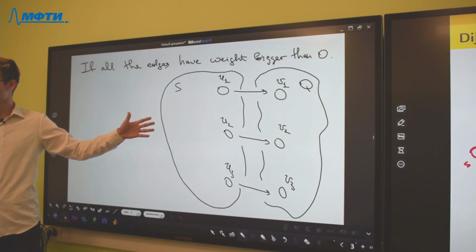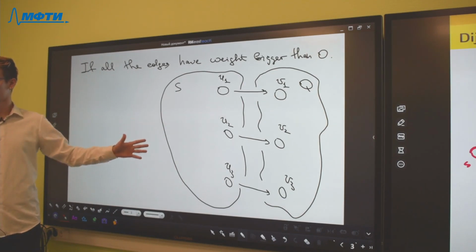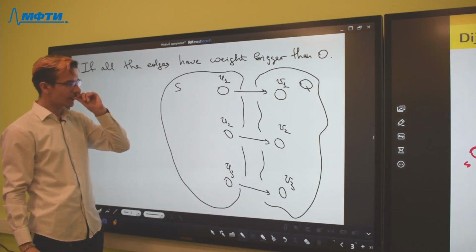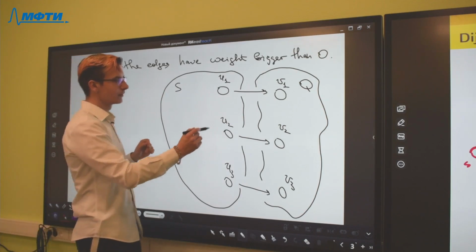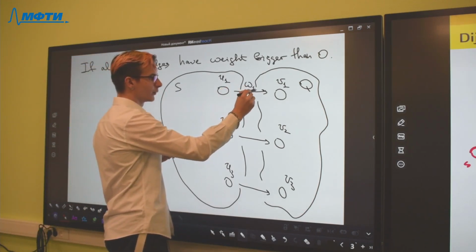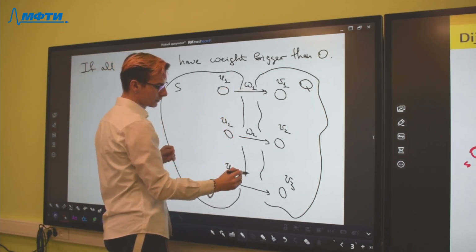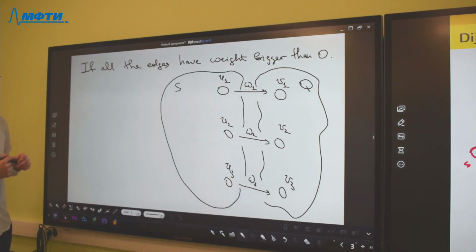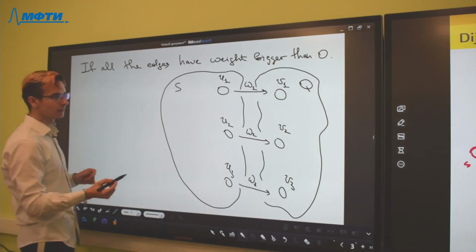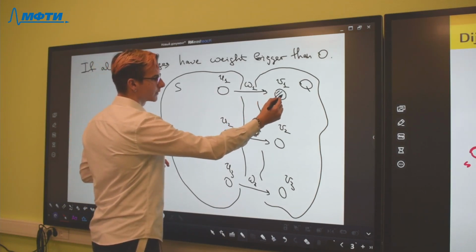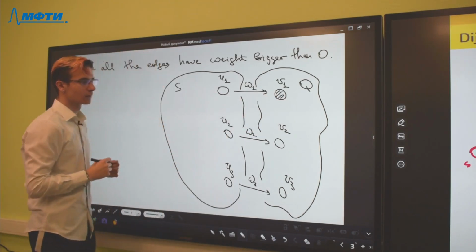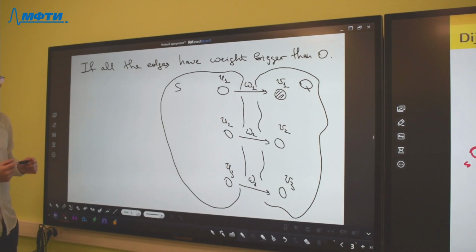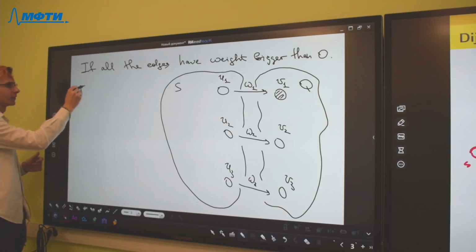Do you remember the previous lesson? Yes. So we have, for example, weight 1, weight 2, and weight 3. And we can say that we add a vertex V that will have